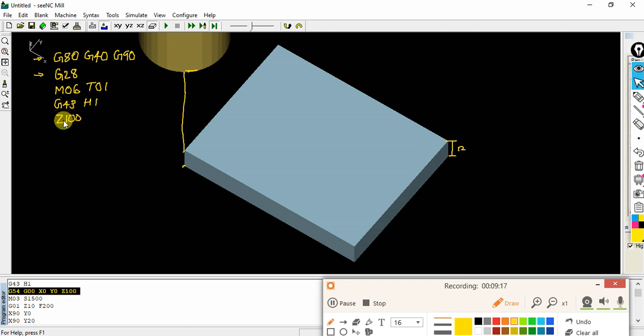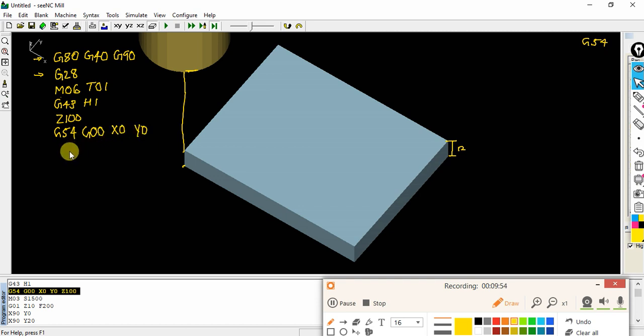So next step is to define the coordinate. So this is the coordinate. Let me assume this complete coordinate as G54. So your cutting tool should move to the G54. What I will do, I will enter it as G54, and the movement will be rapid, no cutting action involved. Rapid movement G00, X0, Y0. So to the coordinate G54, it will move rapidly. That is for that G00, X0, Y0.